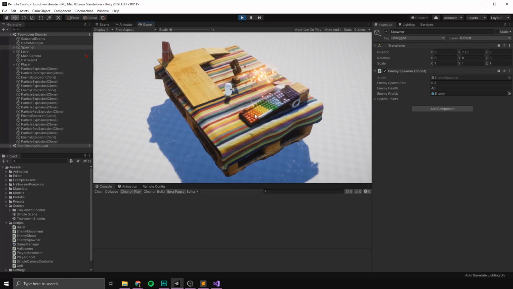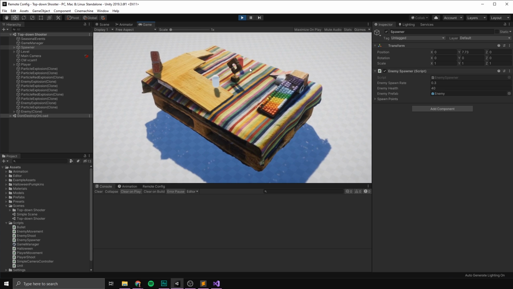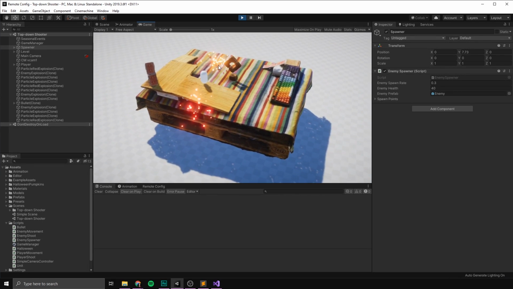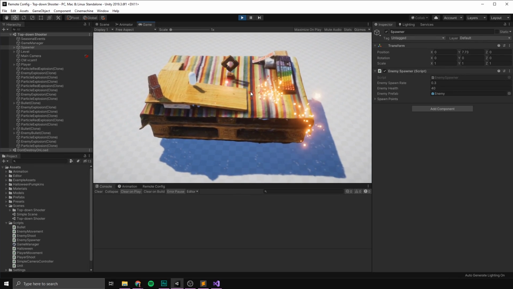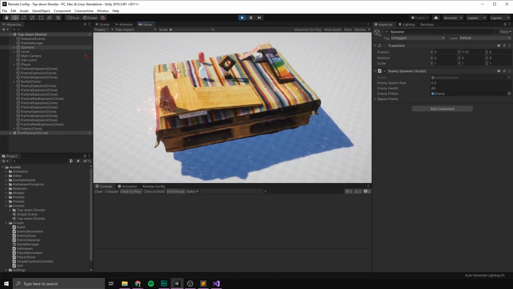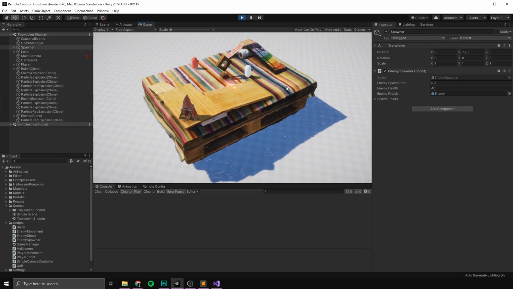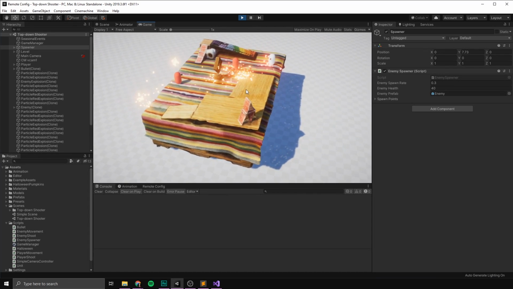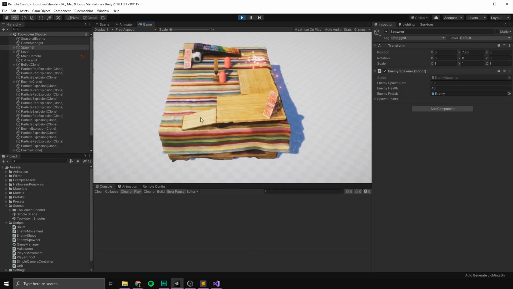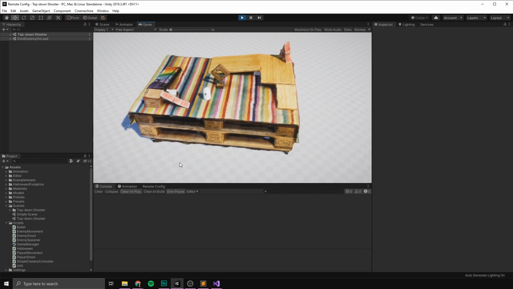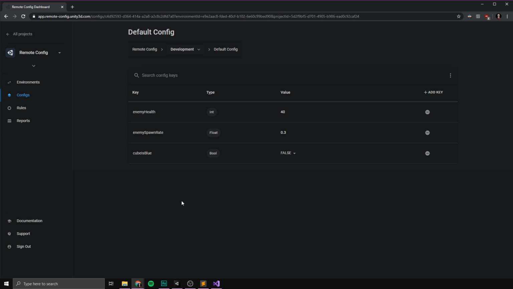So far this game is not very challenging. Let's say we've built this and distributed it to players and that's kind of the feedback we're getting. People are saying that this game is way too easy. Well then, we could simply go ahead and change this. So I'm a player here that's currently playing the game. If we then go into our dashboard here, we go in and we change the value of, say, our enemy health here. So we'll modify that to something like 100.